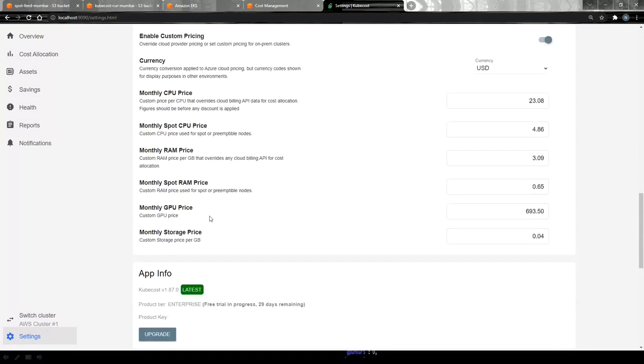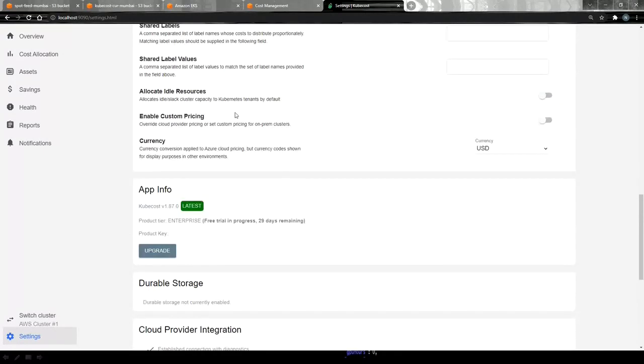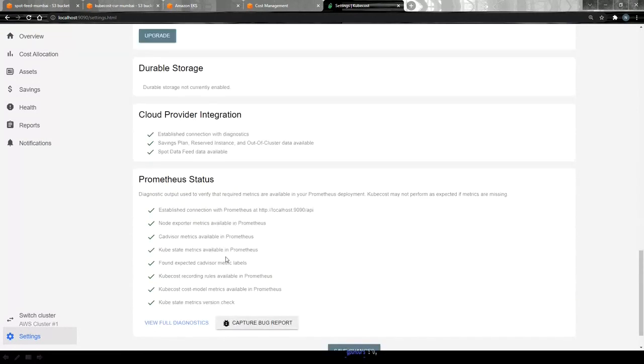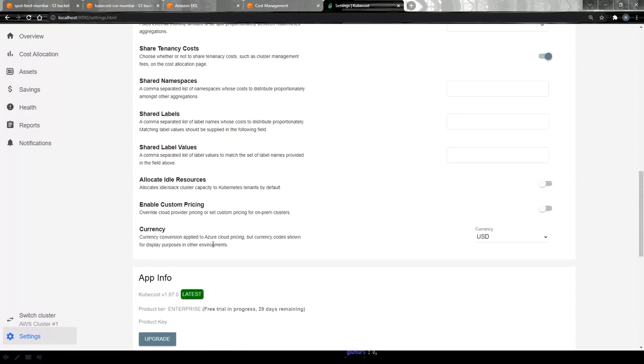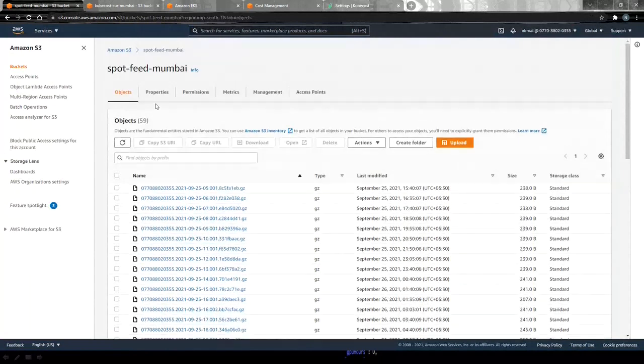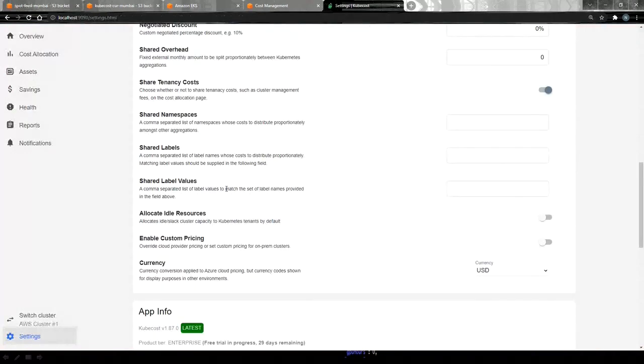So if you are already managing your own infra in the on-premise environment, you can provide the costs accordingly, and then it will work for your on-premise solution also. So by default, as I'm using AWS EKS, it will automatically get the report. Regarding the cloud interaction with the Spot, if you see here, I've enabled the EC2 Spot instance data feed into this particular S3 bucket, and I have configured this into the KubeCost settings section.